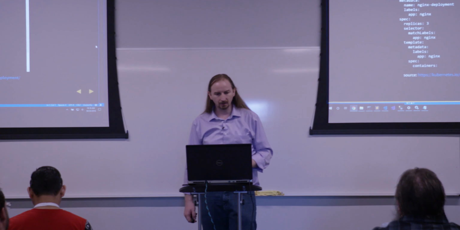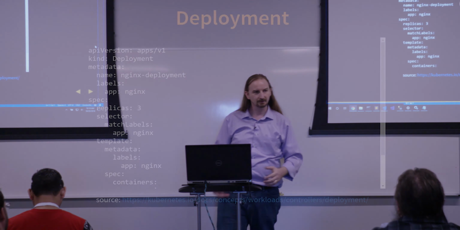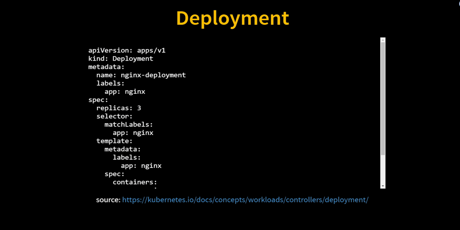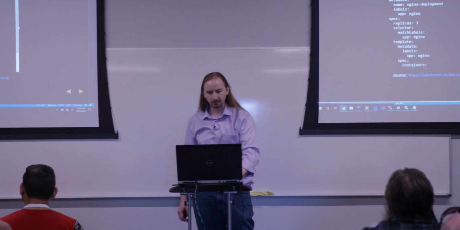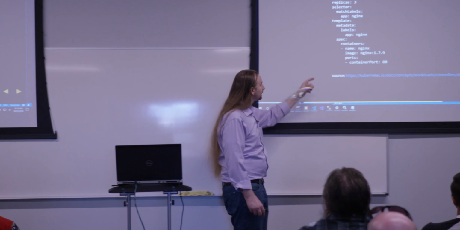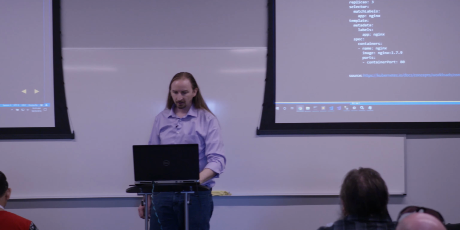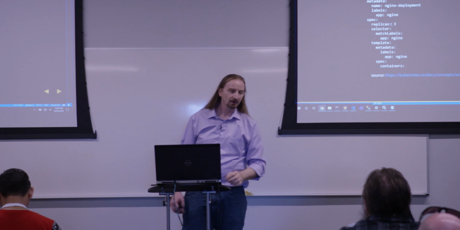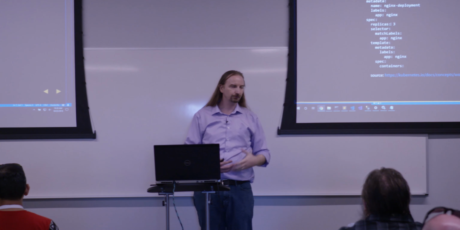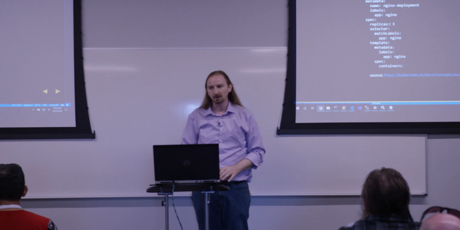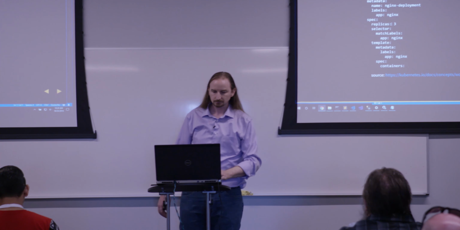So pods are generally wrapped by deployments. And a deployment will very specifically give you the details around this pod about, for example, how many. So here in this template section, this is a pod file. So generally, we don't use pod files directly. You'll see that we have the spec, the containers, all of the content from our pod file. And then above this template, we'll have interesting things like the number of replicas. We could have details about how many, how we should do rolling updates, how many can be down at a particular time. We can constrain memory or other resources.